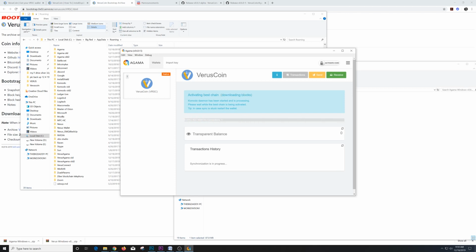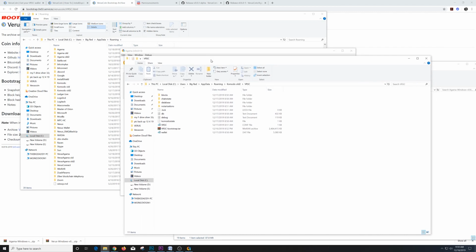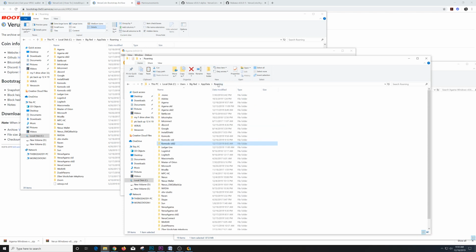While we're waiting for that, there it goes. I already have the bootstrap here. So this is what it's going to look like. It's going to be about 2.5 gigabytes. So I'm just going to take it from this folder, cut it. Now when you download it, it'll most likely be in your download folder or wherever you have downloaded it to. But in my case, I'm just going to take it out of here, go back to